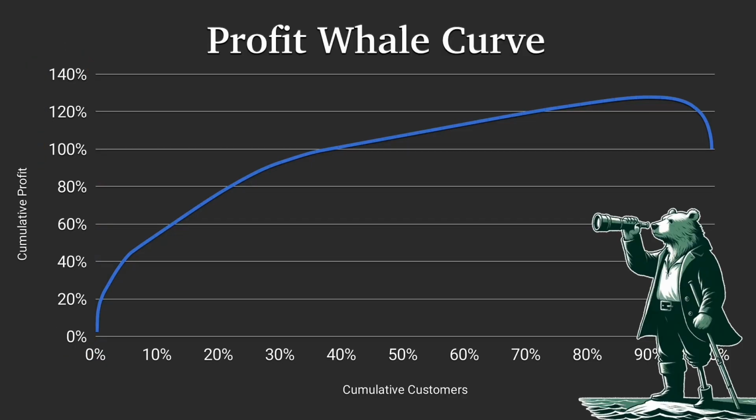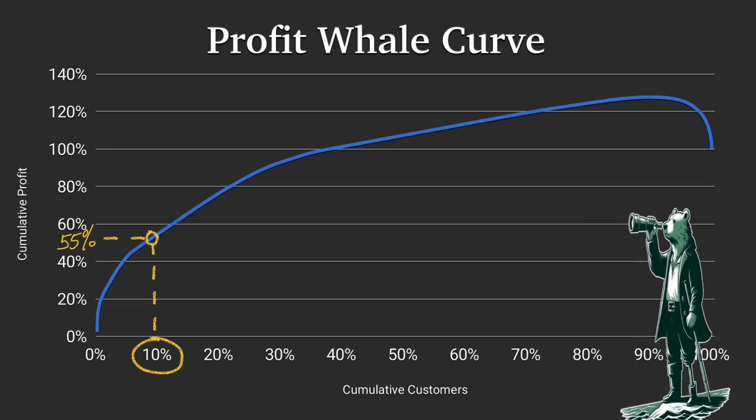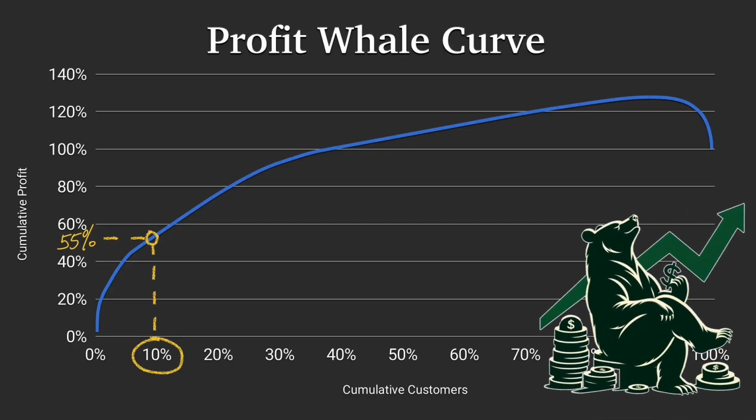So right away, we can read off some very interesting things about our customer base. First of all, we see that the top 10% of our customers represents more than half of all our profit. This sort of Pareto principle shouldn't be surprising, but it's interesting to see the exact numbers. If you added that many more customers of this type, you would double your profit. This is an extremely convincing argument for why you should consider either shifting existing marketing spend or even layering on additional marketing spend in some highly targeted way.